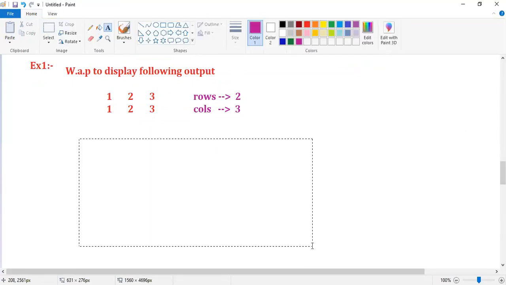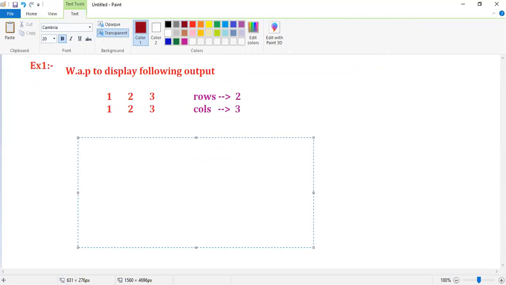Observe how to write the loop. for (int row = 1; row <= 2; row++). How many rows? 2, right? So mention 2, row plus plus. And here write an inner for loop, guys.